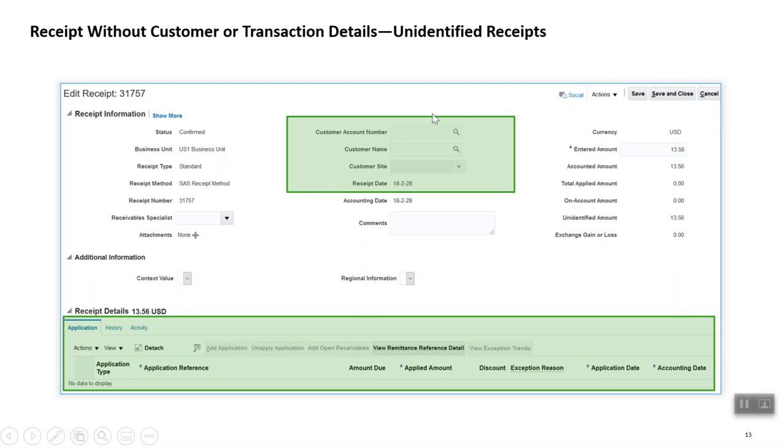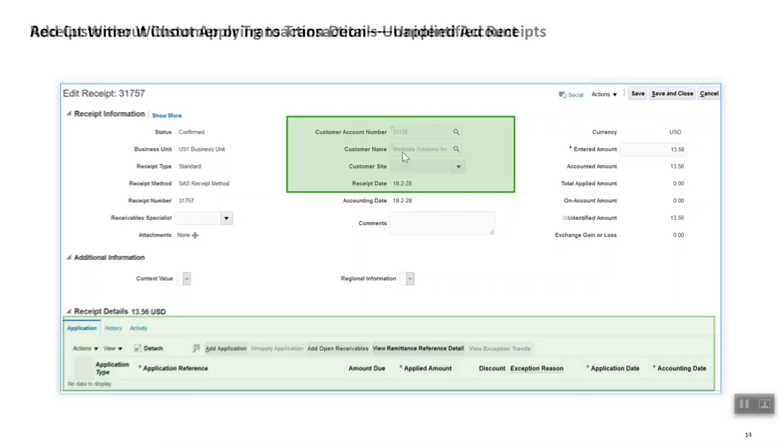If you create a receipt without keying in any customer information, then as soon as you save the receipt, that amount would automatically sit under unidentified amount. Make sense? There's no customer information and no application details, so it is sitting under unidentified amount, because we have not keyed in any customer information.